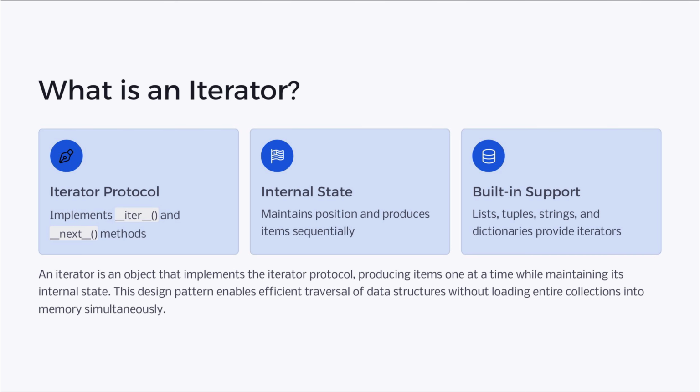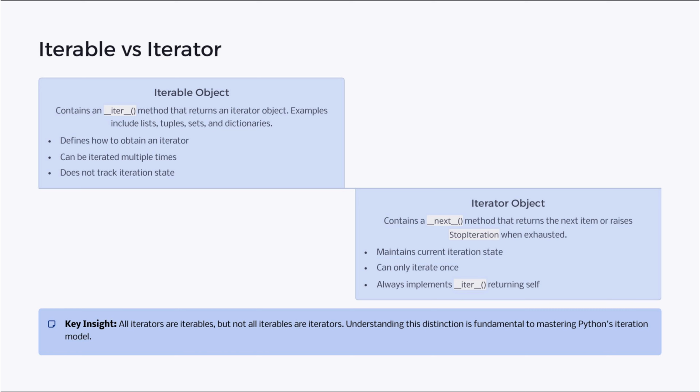An iterator is an object implementing the iterator protocol with __iter__() and __next__() methods. It maintains an internal state, producing items sequentially. Built-in support exists for lists, tuples, strings, and dictionaries, allowing efficient data traversal without loading entire collections into memory at once. An iterable object, like lists or dictionaries, has an __iter__ method returning an iterator, allowing multiple iterations without